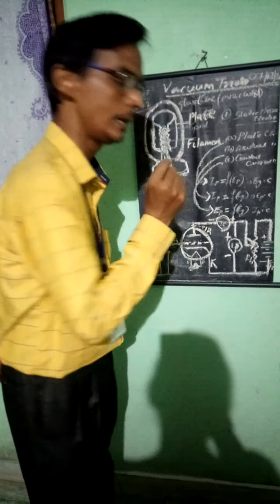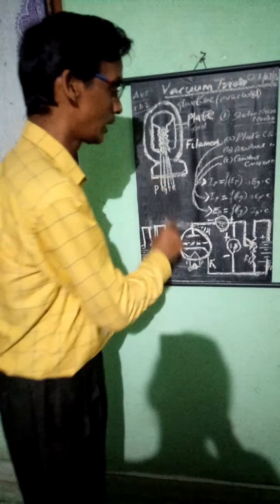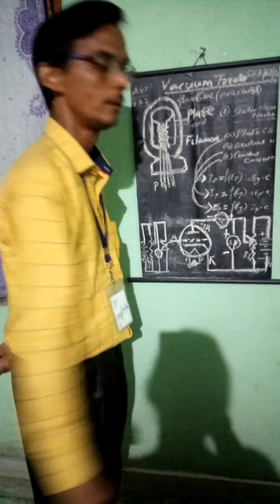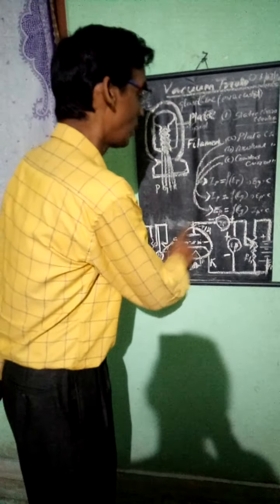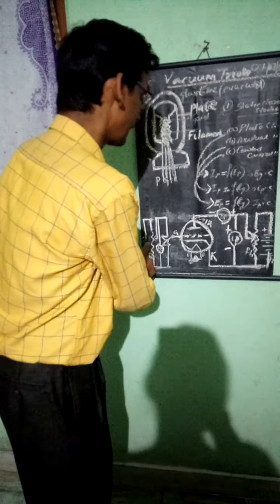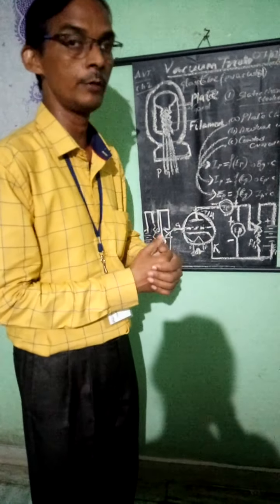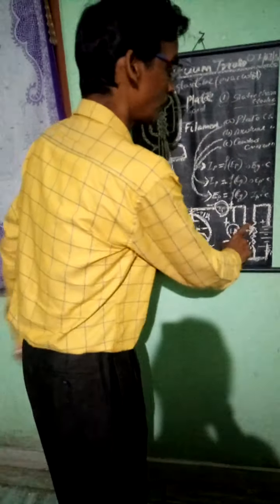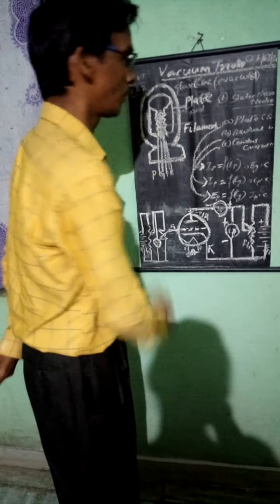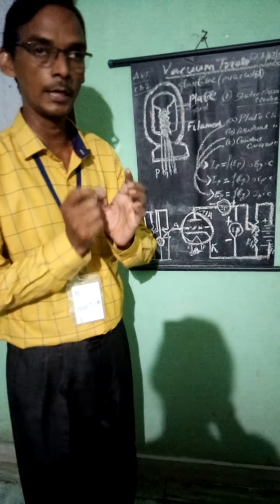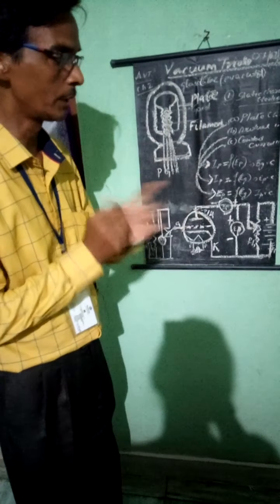But if the grid is slightly negative, suppose you are applying, then automatically there is a change in the plate current. Then this change requires the relationship between the output voltage and input voltage, which you can get back. That is called the voltage gain. The output voltage you have to measure, and the input voltage, how much you are going to take. It has to obey a rule by means of Child's 3/2 law, but without knowing the purposes.